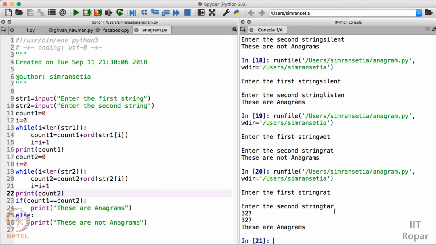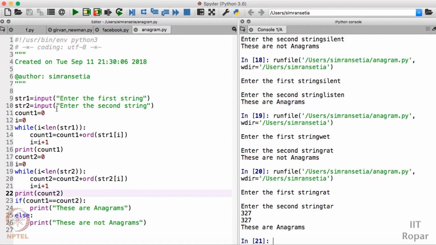So this is how you can code for anagrams. I'll go through the program again. First of all, we take two strings, str1 and str2, and our motive is to figure out whether these two strings are anagrams or not. I'll take one count, that is count 1. It will store the sum of the ASCII values of the characters present in str1. I initialized i equal to 0.